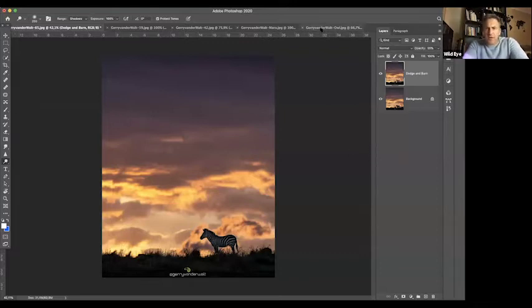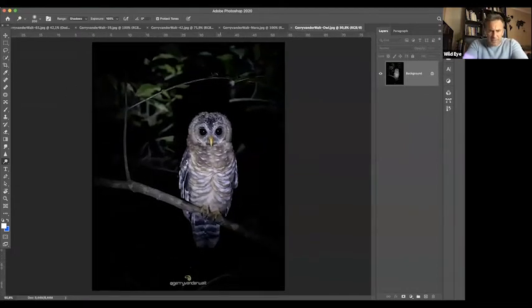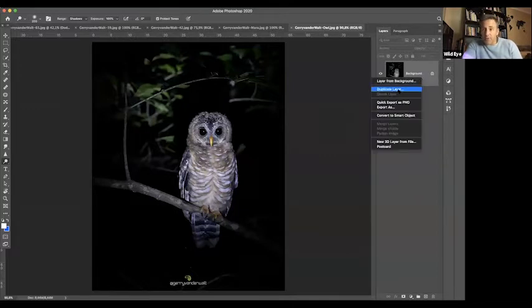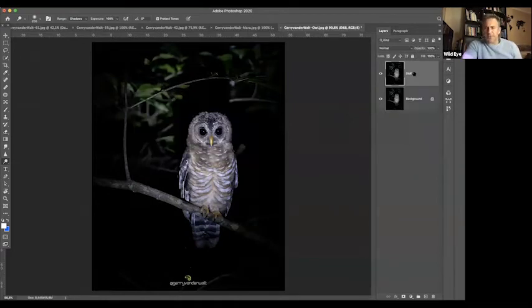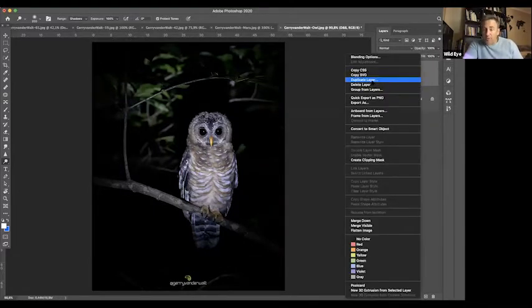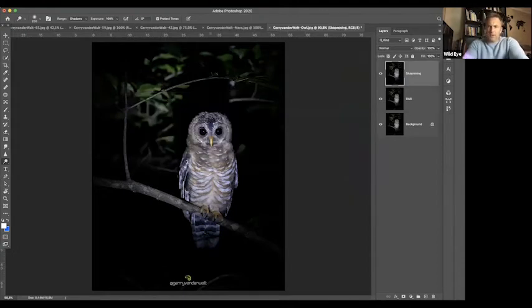All right. So where is my owl? Okay. So there's my owl. Let's zoom in a little bit. Okay. So now I'm going to do a couple of things to this. First thing, I right click on background. I duplicate it. This is going to be, let's just go dodge and burn. Okay, so there's my dodge and burn layer. I'm going to do that first, but I know I'm going to sharpen this as well later on. So I duplicate the top one again, duplicate layer, and I call this sharpening. All right, so there. But for now, I'm going to work on dodging and burning.